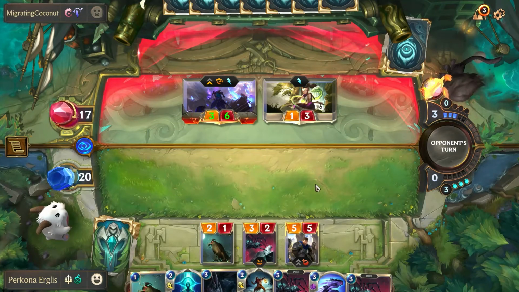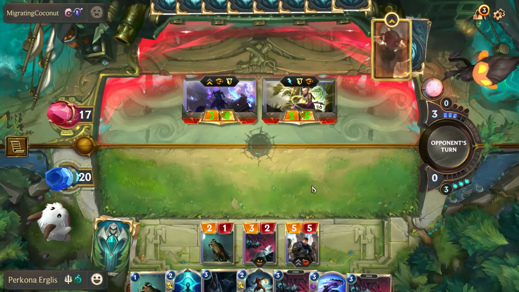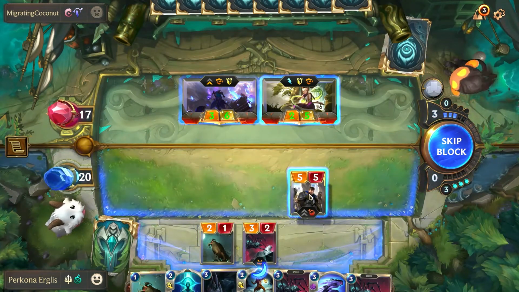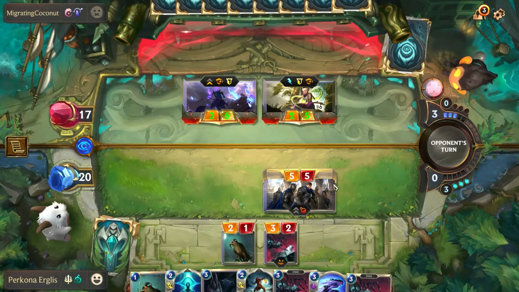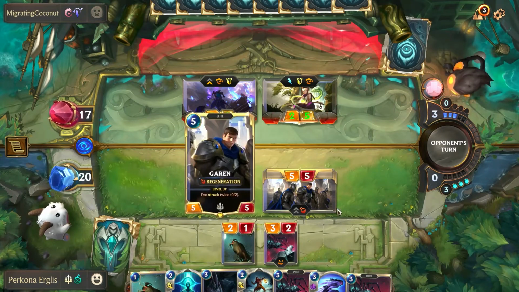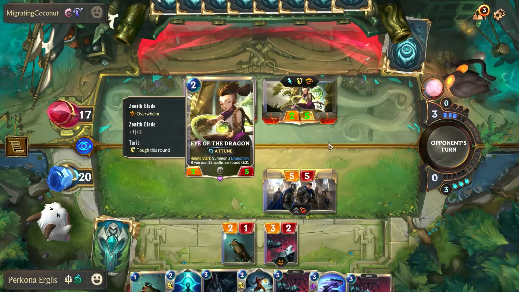Pale Cascade is a problem if he's got Pale Cascade, so this puts him at 2 and 5. So I think I'm pretty safe blocking here. I stand ready. I don't want to block in front of the Tarek because of Pale Cascade. He could take out my Garen, and I don't have a way to stop that. With the Eye of the Dragon, though,